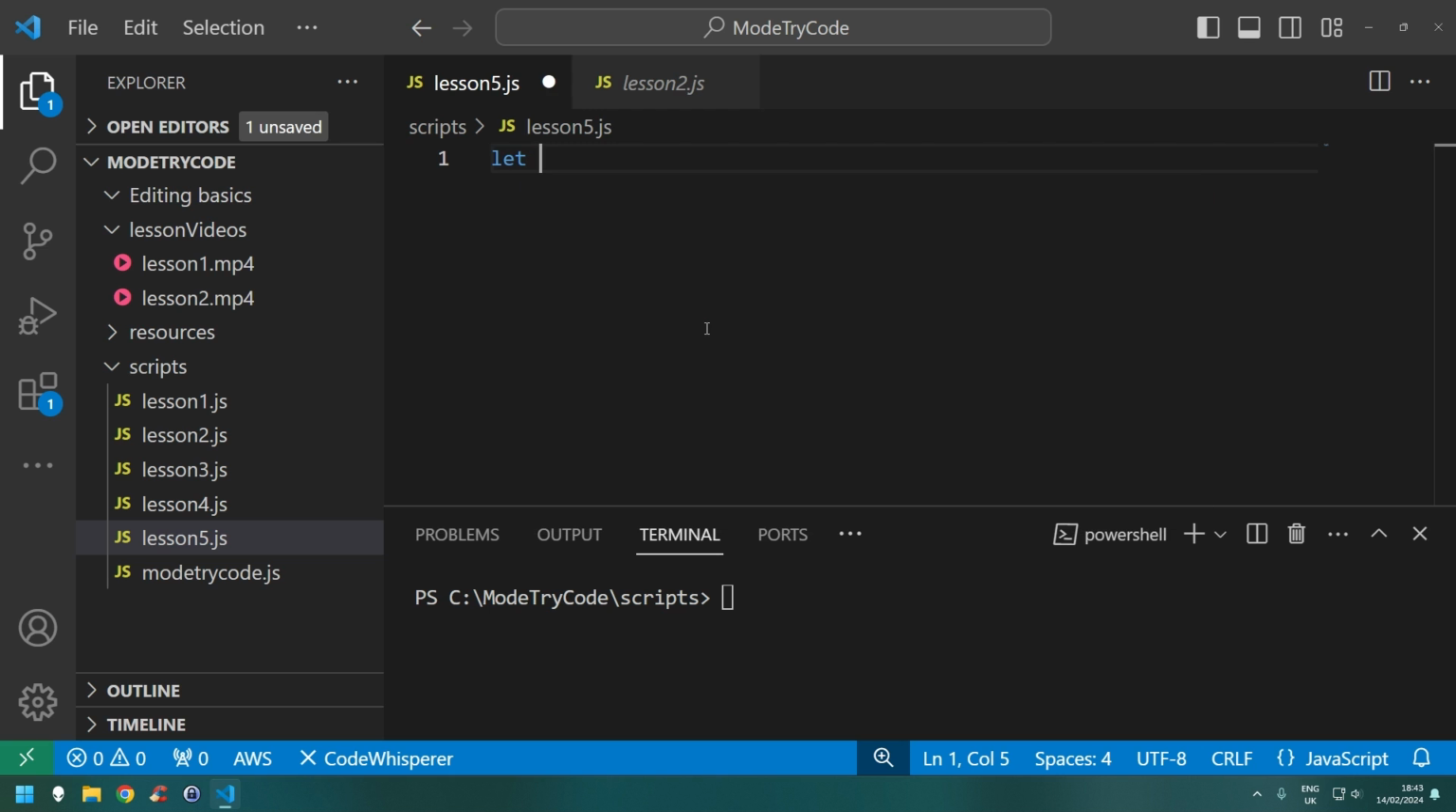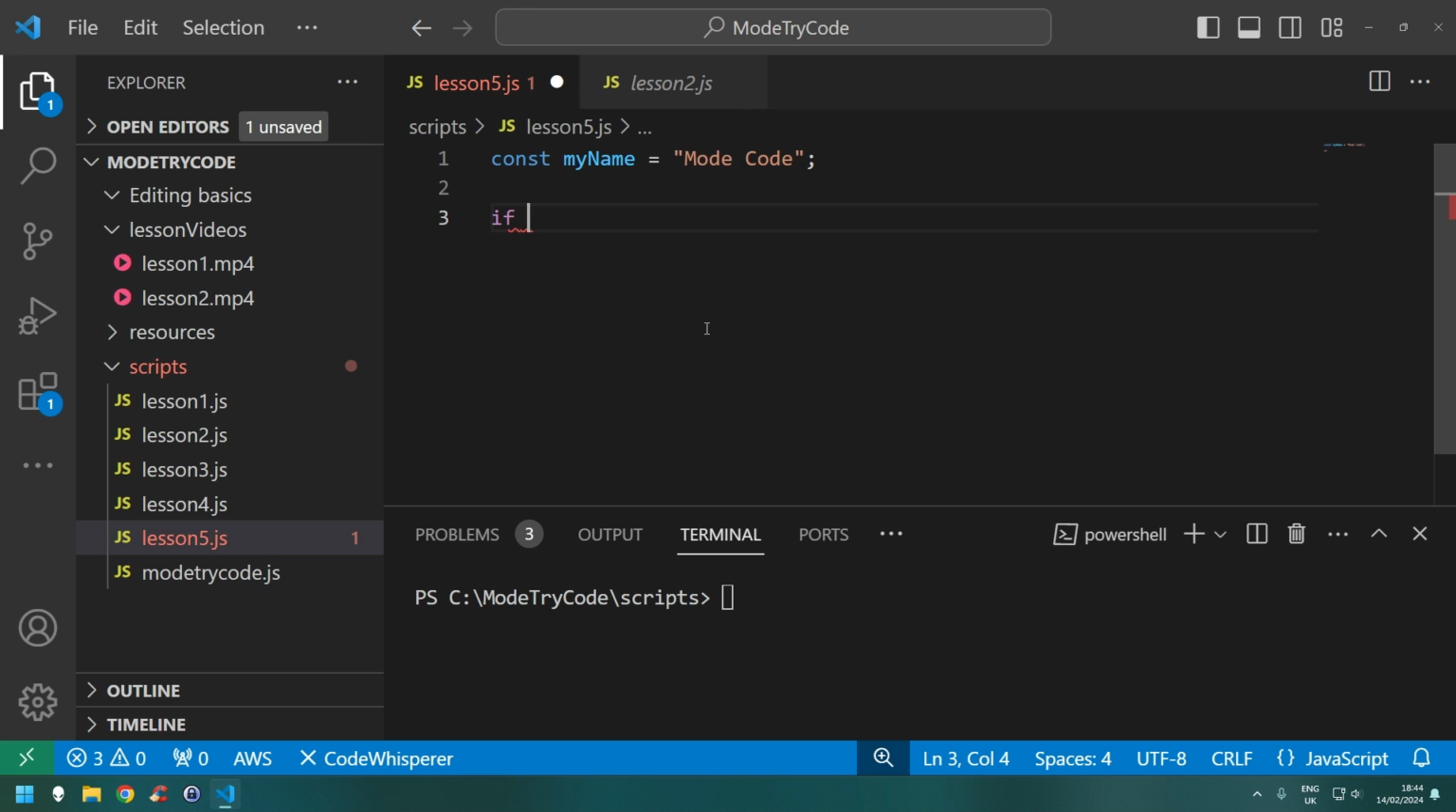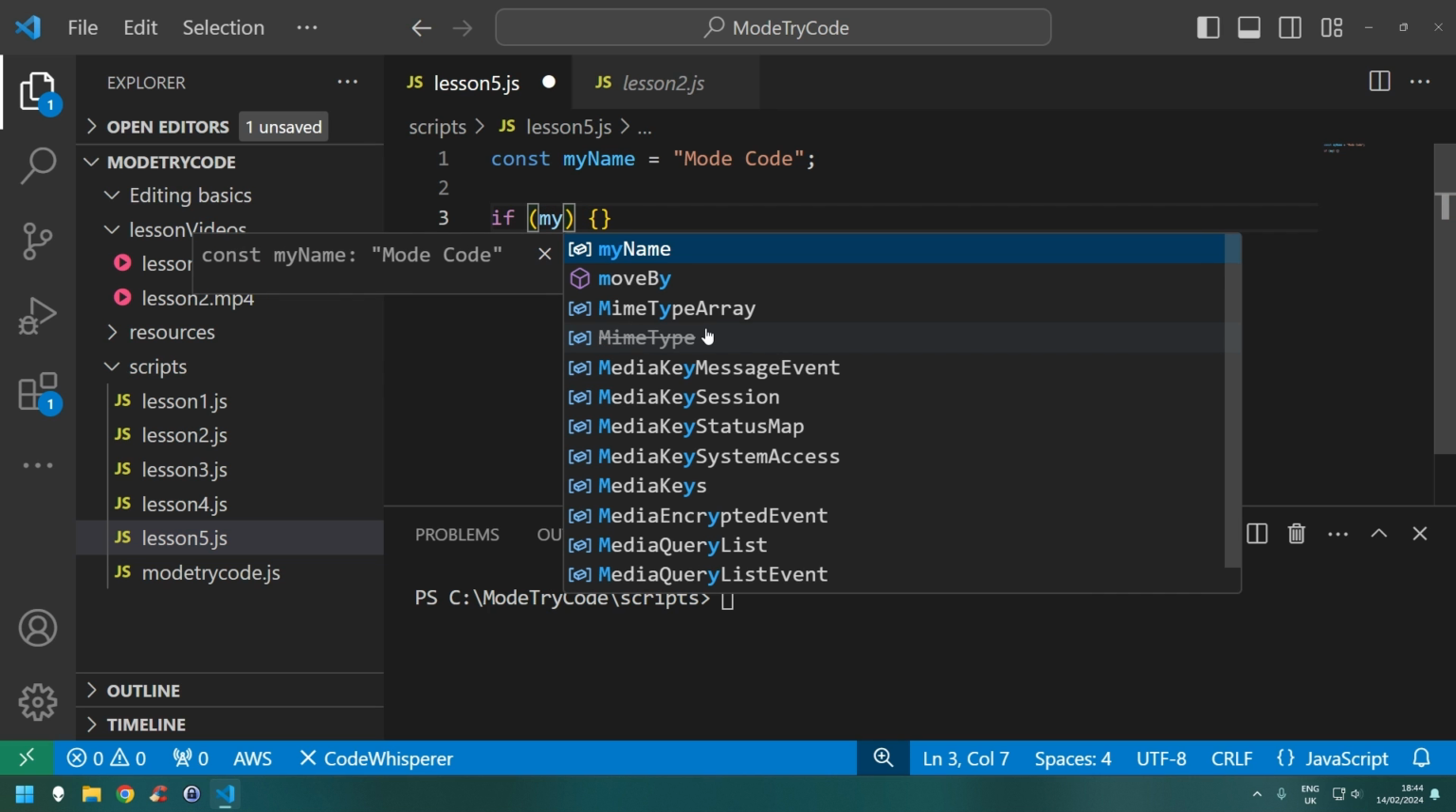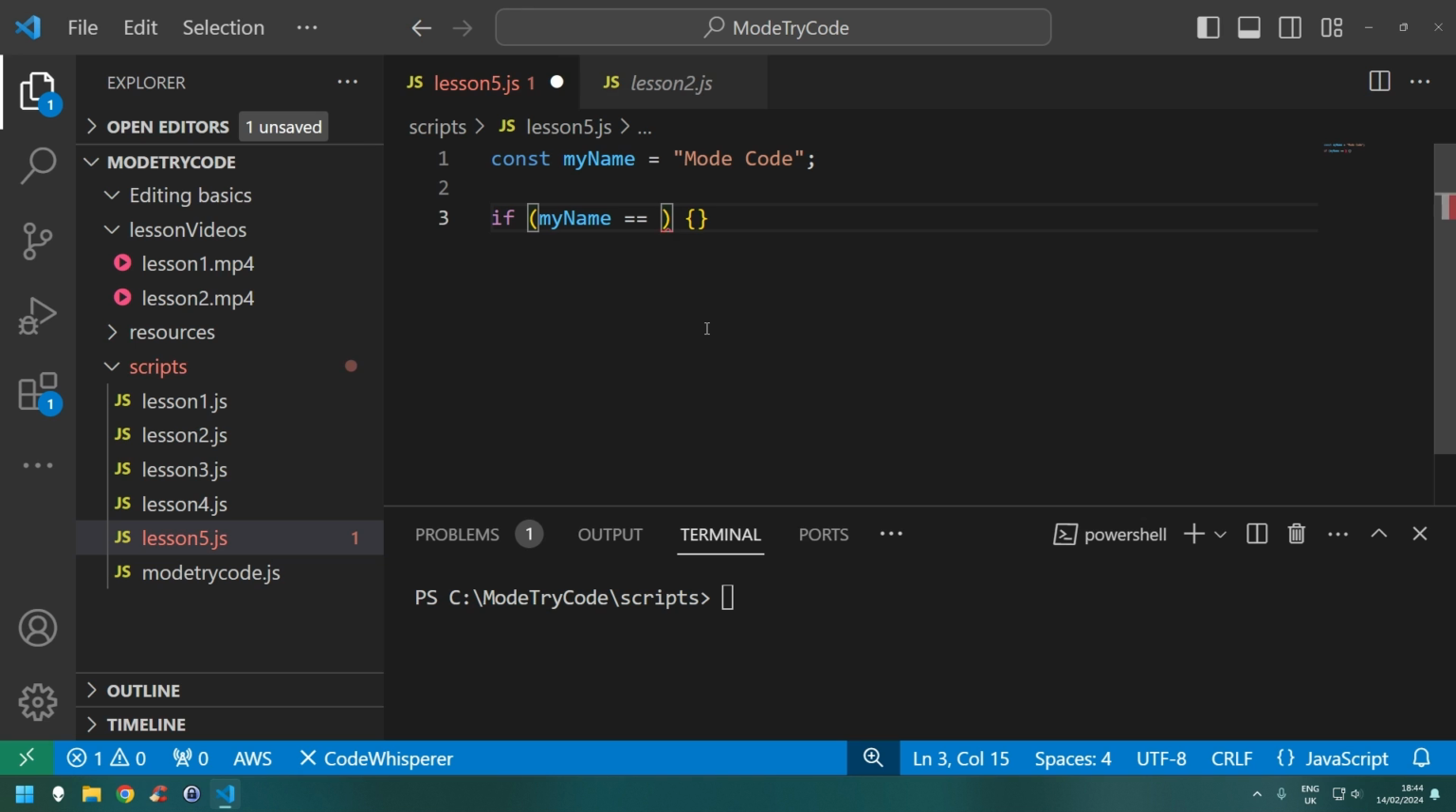So for example, we'll have a constant variable called my name, and we will set that to mode code. And we could have an if statement, and in your if statement what you have is generally a set of normal brackets and a set of curly brackets. Inside the brackets you want to put what you're checking. So for example, if my name equals mode code,